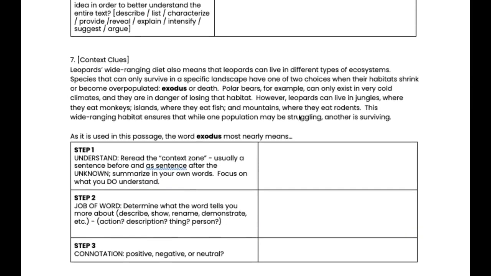All right, as you take a look at the rest of the study guide, make sure you're reading all of the passages. And remember, we've done 2 of the processes together. You need to do 2 more, 1 context clues and 1 main idea.